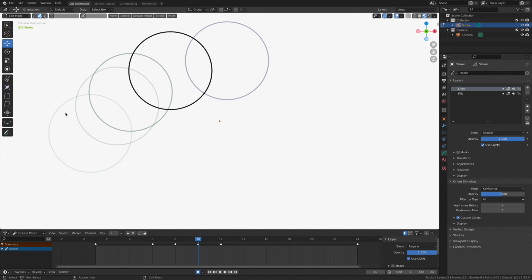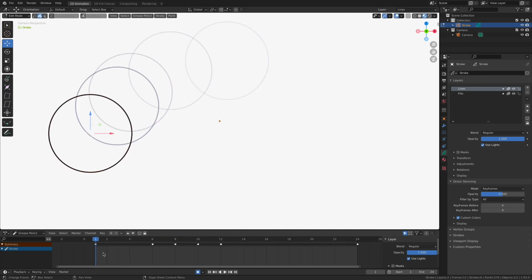Now we can very clearly see the start and the current frame, but I have not seen the end of my animation over here. Well, luckily we'll do the same thing as we did before with the keyframes before. We'll change the keyframes after, or we'll increase that value a little bit to 4, and now we get to see the target, which I find to be a really easy way of working.